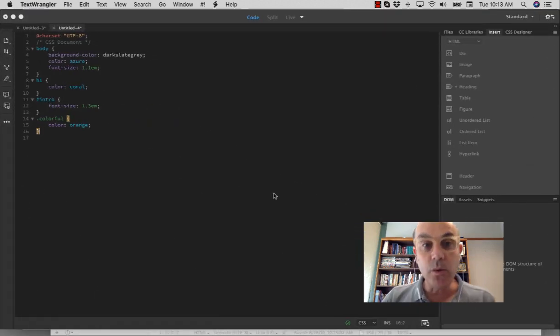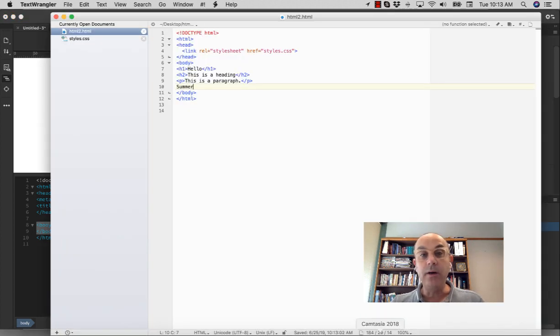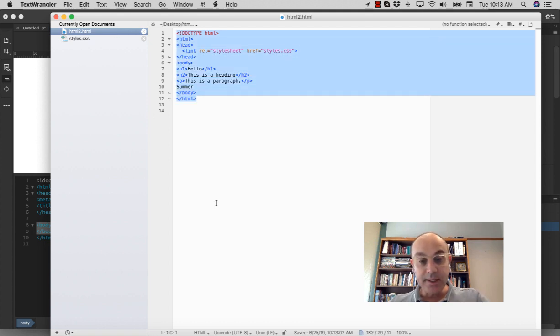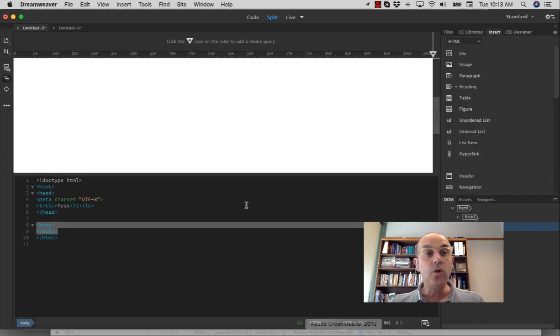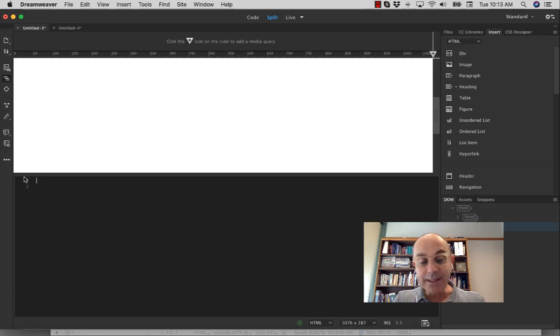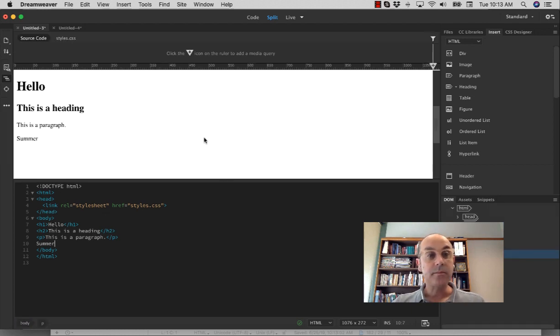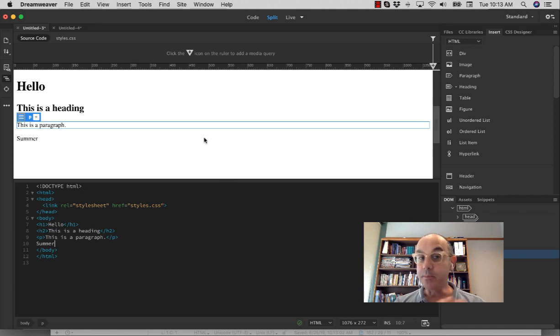The problem begins with a little bit more complexity with regard to Dreamweaver. I'm going to copy this code into Dreamweaver, and I'm not going to do that on the canvas, but I'm going to paste it into the code section and not on the canvas, so it will be able to embed the code that I wrote